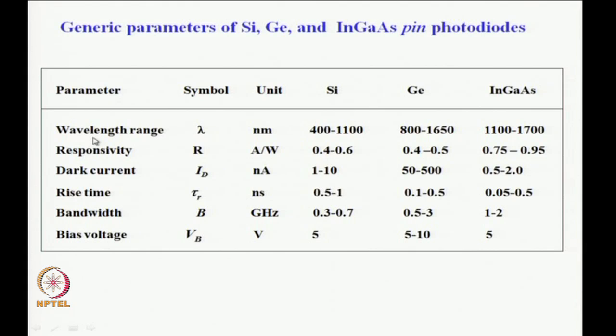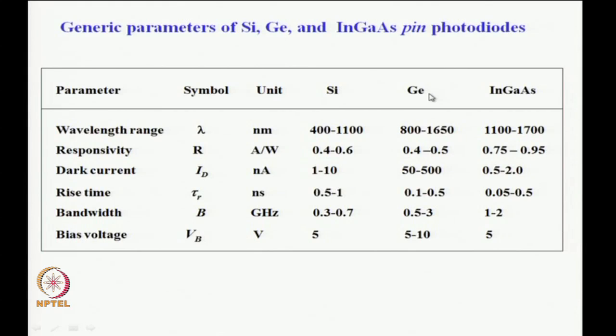Wavelength range, that is the range over which the detector is useful, lambda here in nanometers. Silicon is around 400 to 1100. We have discussed this in detail. This is primarily because of eta, the quantum efficiency of the detector, whereas germanium has a